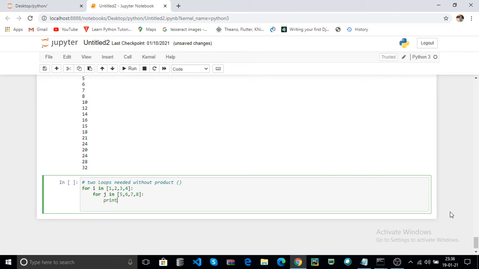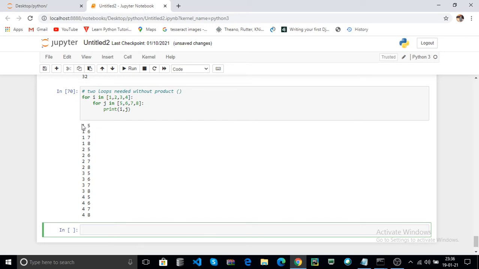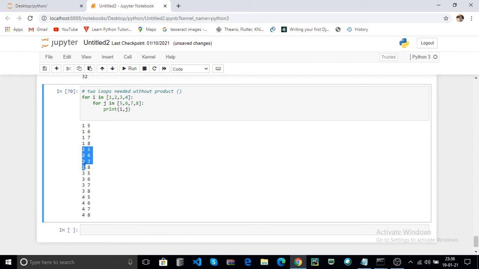Now print i comma j. Here it returns 1 along with all the elements in the second list, the inner list. Then the second item in the first list along with all the items in the second list. The third element in the first list along with all the elements in the second list. Here the last item in the first list along with all the items in the second list.